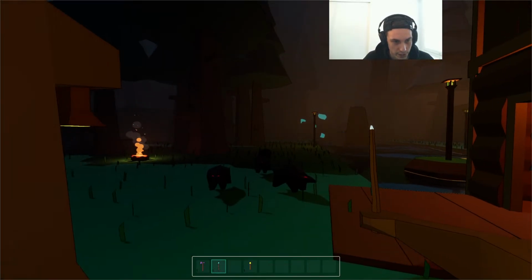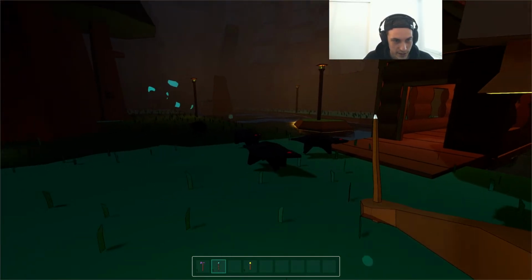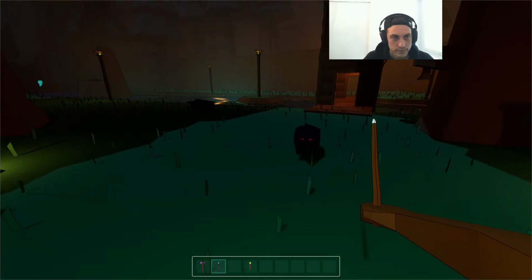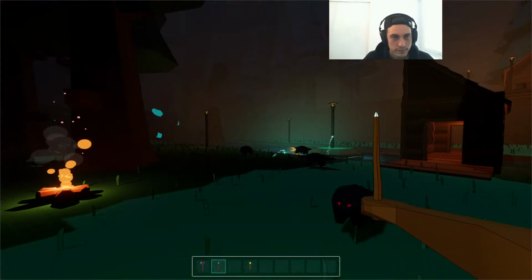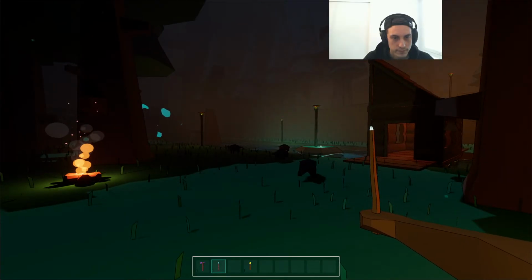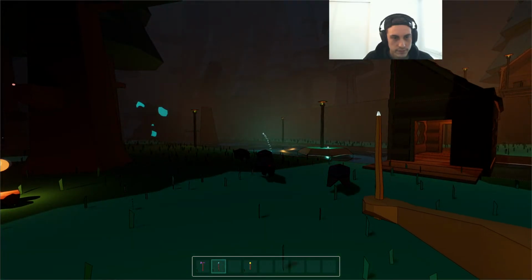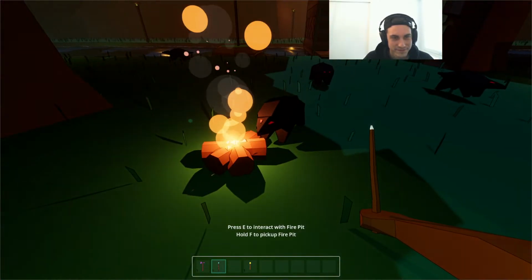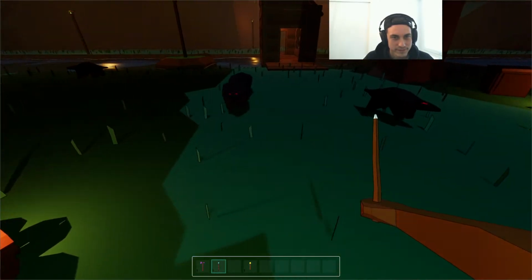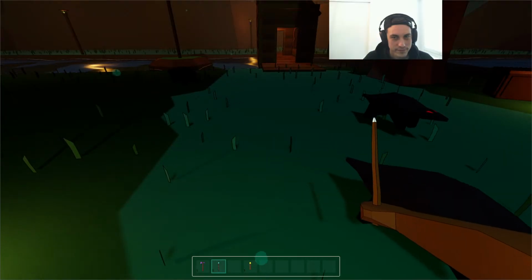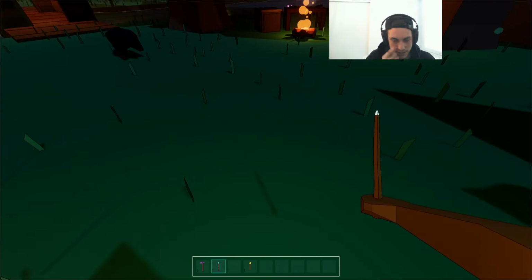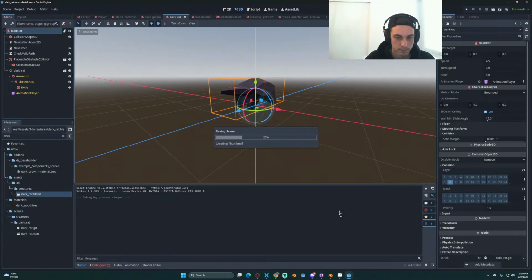They're also floating a little bit, but they do look kind of terrifying. You can tell that the animations got a little wonky because,